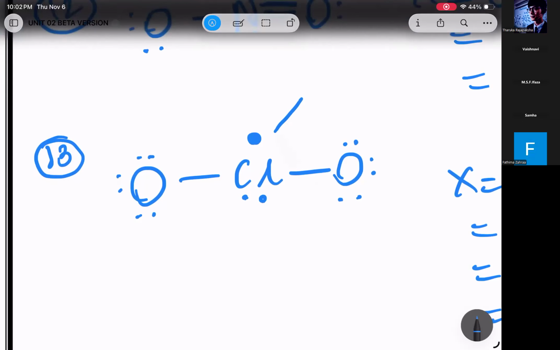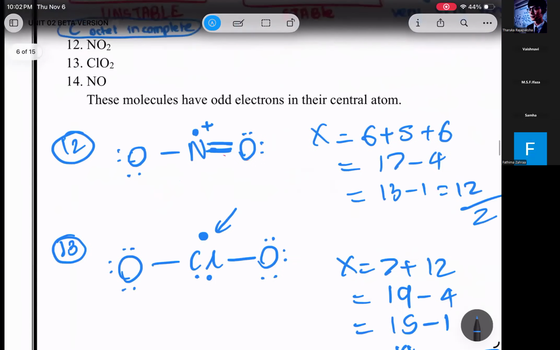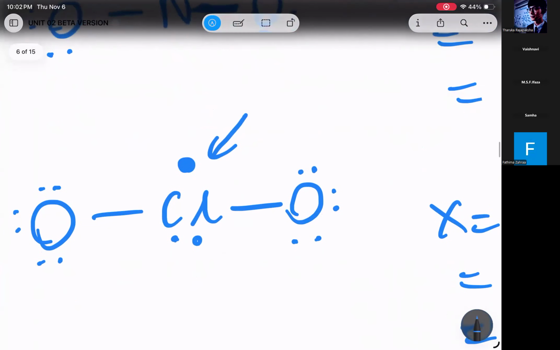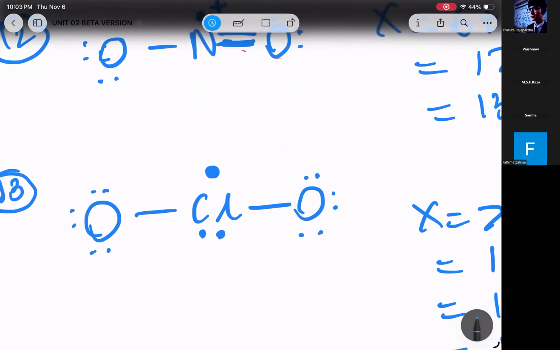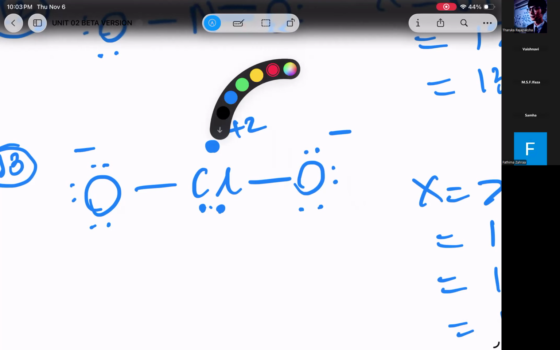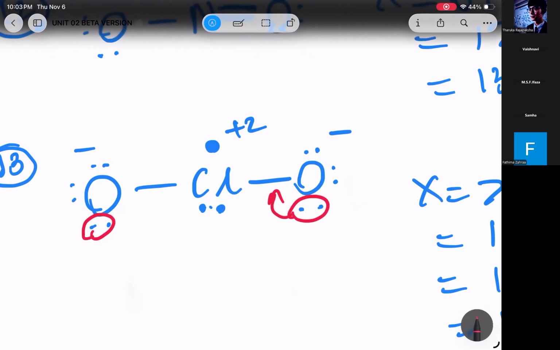Now people, this chlorine doesn't obey octet rule. හරිද? මම මේ odd electrons ටික එකට දෙන්න ඕනේ හින්දා මේක දුන්නේ. This chlorine doesn't obey the octet rule. එයා අපි වෙනම ගන්නෙ. He can exceed the octet rule. හරි? ඒතර මෙතන minus. The chlorine has 1 2 3 4 5. So how many electrons does it deserve? 7. How many electrons does it have? 5. Then the charge will be plus 2. So we can form as many bonds as you want. මෙතනින් හදන්නත් පුළුවන්. Both sides you can make bonds.